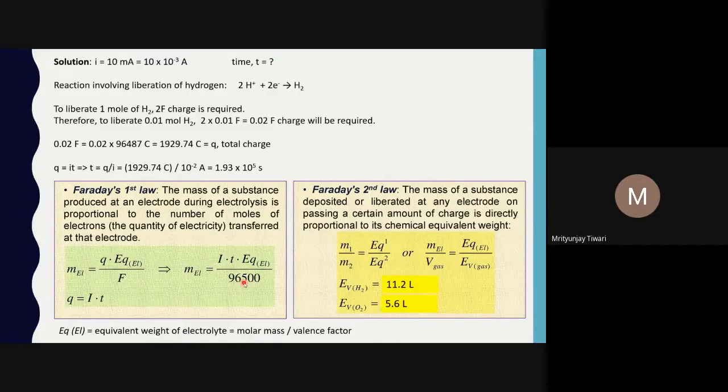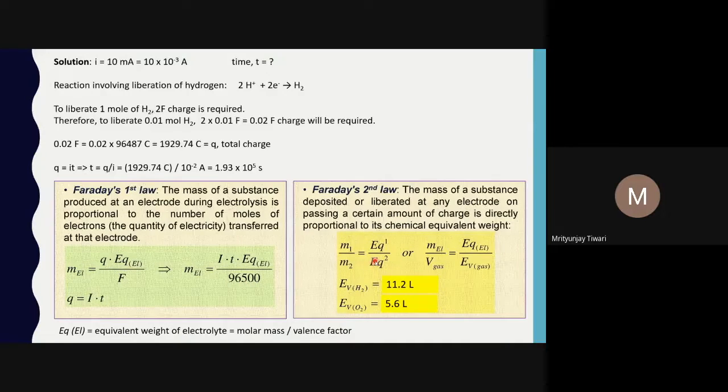And for 1 equivalent of electrons, as I said, the number of equivalents is equal to the number of moles times a certain factor, a number, mostly an integer, and that integer we call the valency factor. For an electron, there is only one charge, so the valency factor is 1, and thus the number of equivalents is also equal to the number of moles. And why am I explaining this? Because this concept is very important, and Faraday's laws are very important wherever you go.